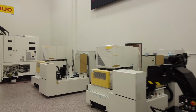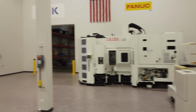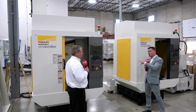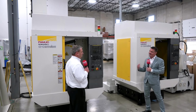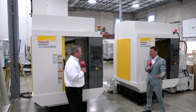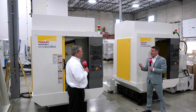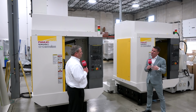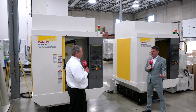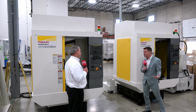One-stop shop is so important, and again, I'm glad you brought that up, Jacob, because I'm learning more and more every day from you guys, and I'm grateful for that. But so many of these machines are easily adaptable to things like an automation or a 3+2, you know, if I add a trunnion to it, whatever it might be. And that's part of the fear of, you know, making that upgrade into something like automation, is we don't think it's going to be easy, yet not only are you showing people that it's easy, but you're doing the turnkey process